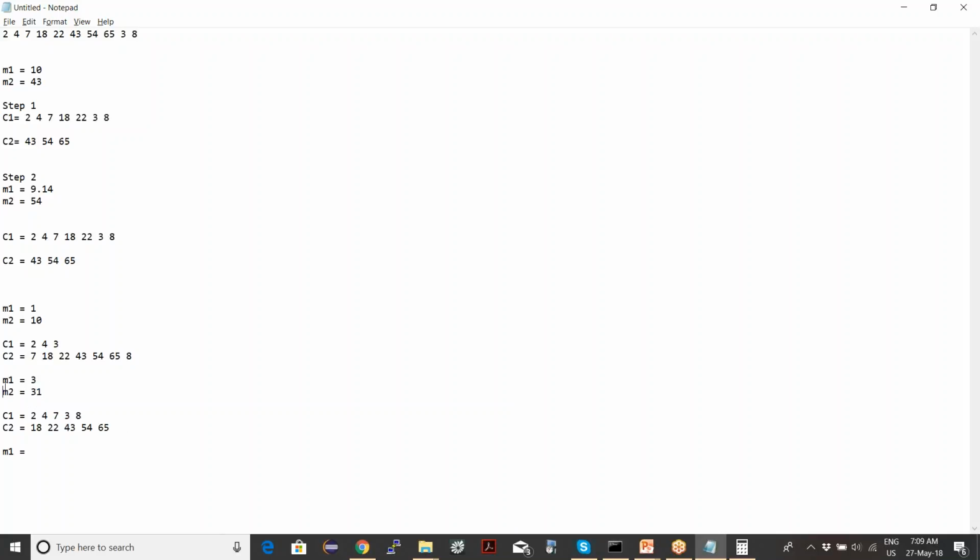So now your cluster centers are 3 and 31, right? So again you will do the same thing. Which numbers are close to which cluster centers? So 2 is close to 3 or 31? 4 is close to 3 or 31? Yeah.